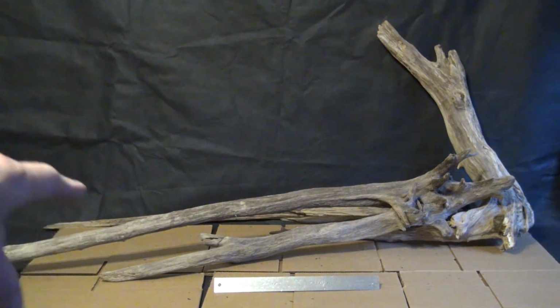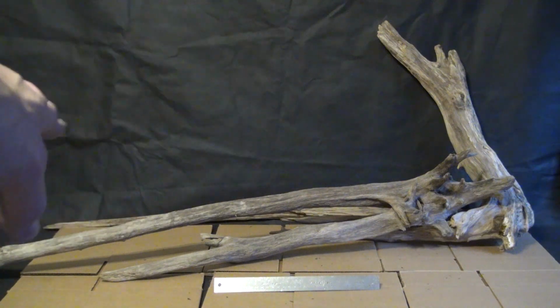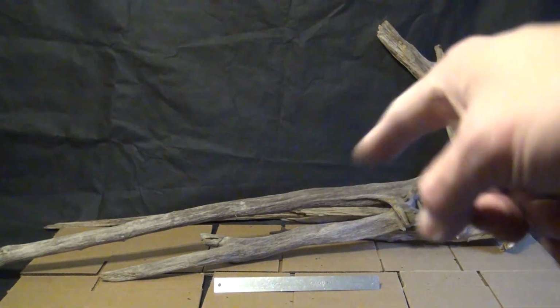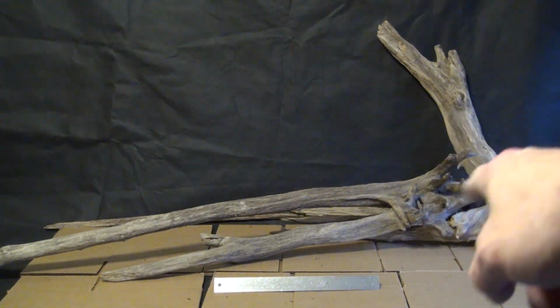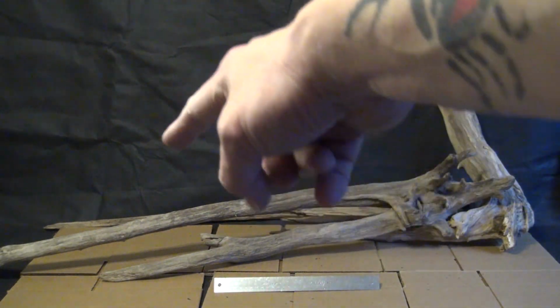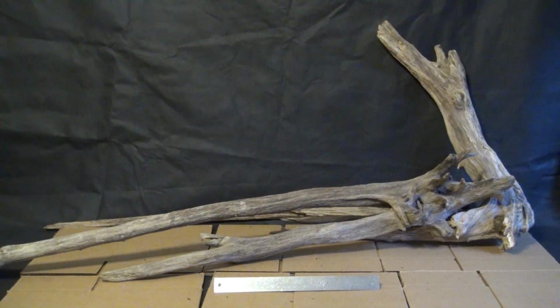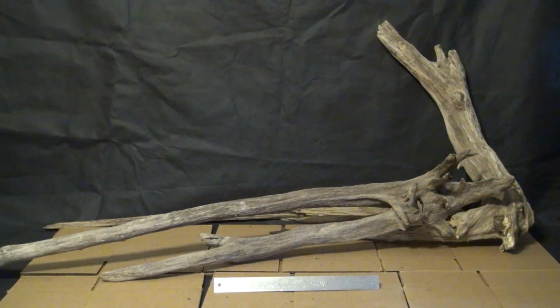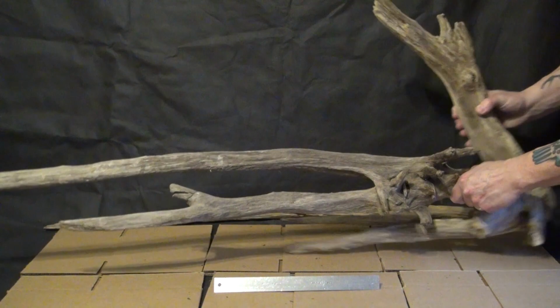but you can see these are really long. These are about 36, maybe 40 inches long. But these aren't connected. I actually just stuck that in there. That's a very light piece, this piece here. This is a separate piece, and the one behind it, if you barely see it in between there, that's its own piece as well. I'll take it apart so you can see what I mean. But I'm thinking of putting them together somehow so they seem like they're one piece. These two, see,